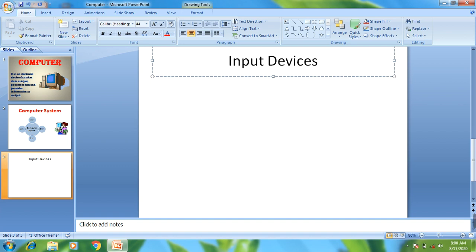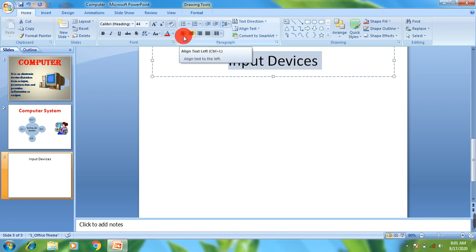So for this you have to go in paragraph group of Home tab, and here you can see these are the four options or buttons for changing alignment of your text. So the first one is your left alignment, second center, third right, and the fourth one is to make it justify. So to change its alignment, select the text and click the respective button.